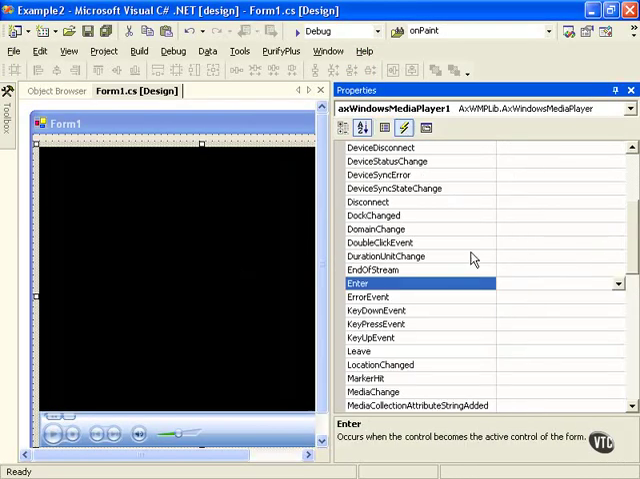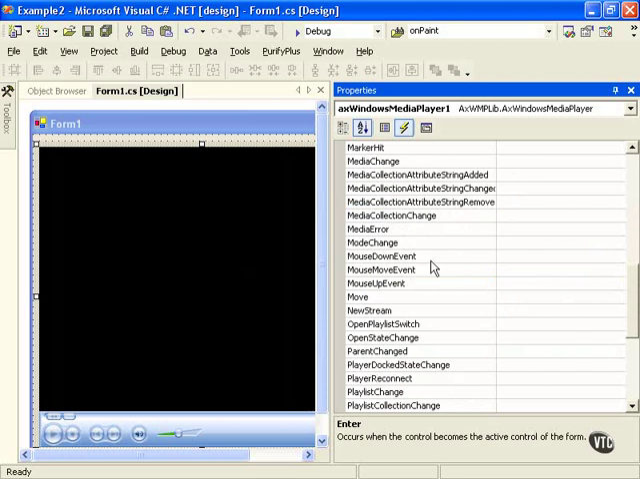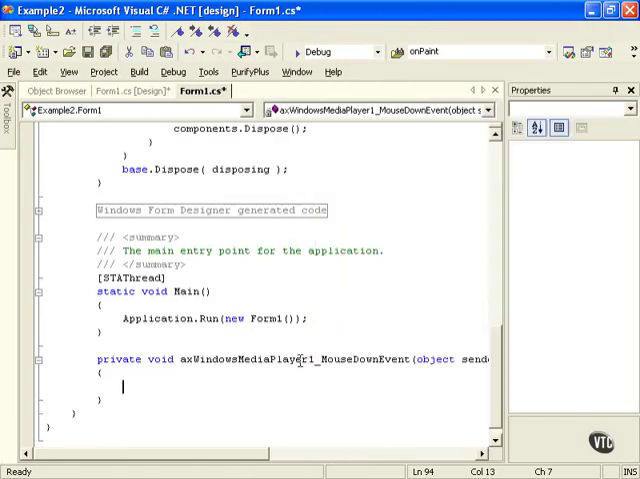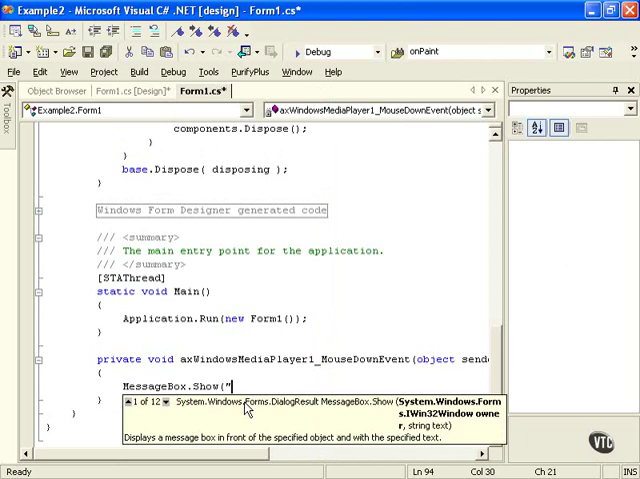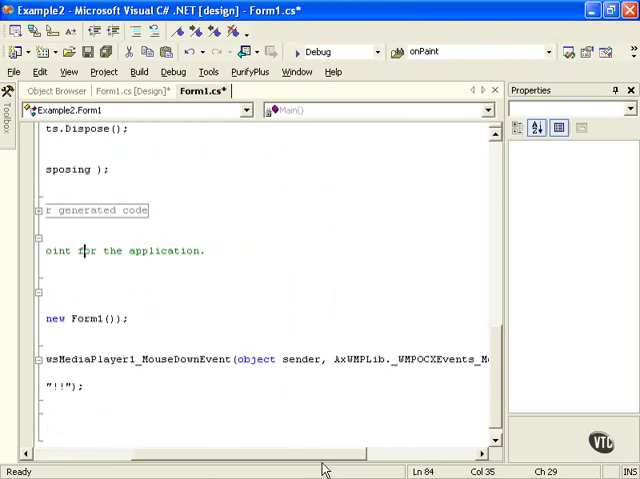Additionally, you can set up some events if you wanted to. For example, we'll just do something, the mouse down event. If you double click here, it's going to set up a default event and pop you to the code. We'll just put a message box.show in there,